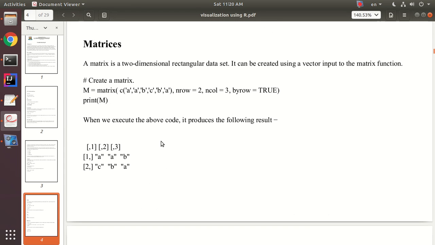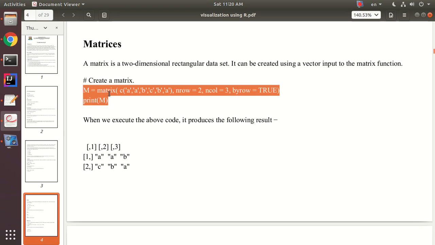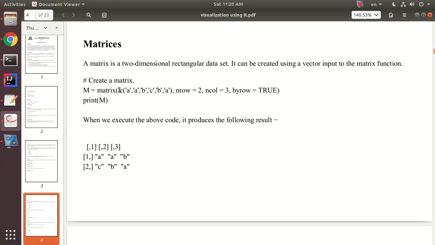Now there is one more data type, that is matrices. This is similar to the matrix operations in mathematics which we have covered. This is a two-dimensional rectangular data set. It can be created using a vector input to the matrix function. If you are observing, vector is a data type which is used most probably everywhere in R programming. Here we are getting M is a matrix, and there is a vector which has been provided with 6 values. Number of rows are 2 and number of columns are 3. So this is a 2 by 3 matrix,